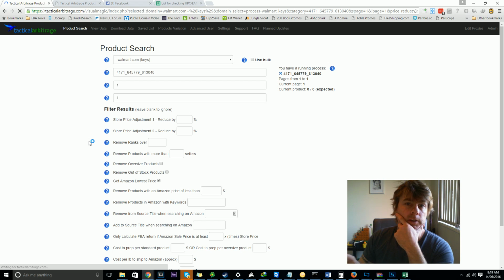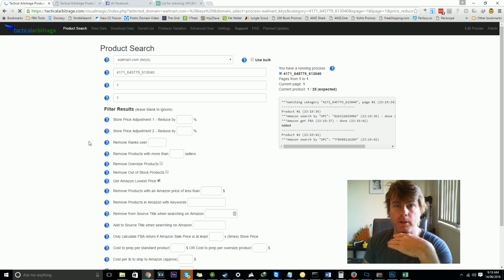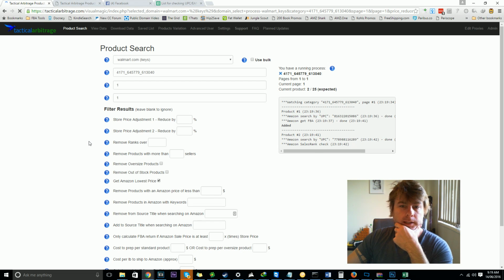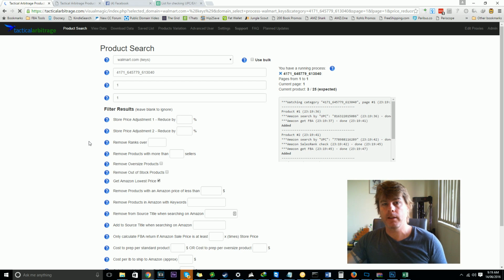Now it's non-cached. I mean, there's almost no doubt that somebody has scanned toys in the last couple of days on Walmart, and that if I turn cache on, it was going to be even faster anyway. And the cached feature actually grabs people's FBA calculations anyway, so it's really zippy. But for a non-cached site, we want to have a look at what this FBA calculation is costing us in